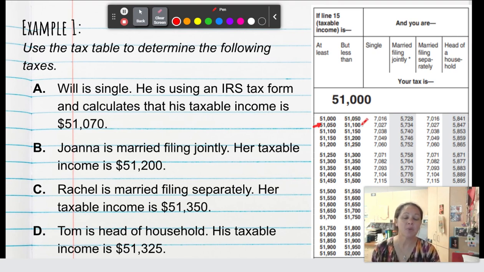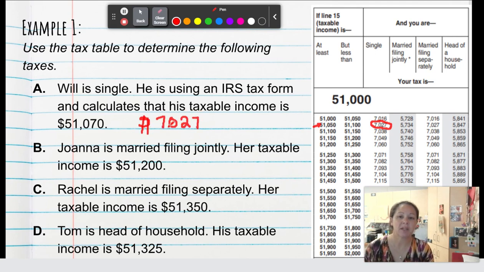Once we find the taxable income row, we go over to the column for the filing status. For Will, his filing status is single, and so his tax liability is